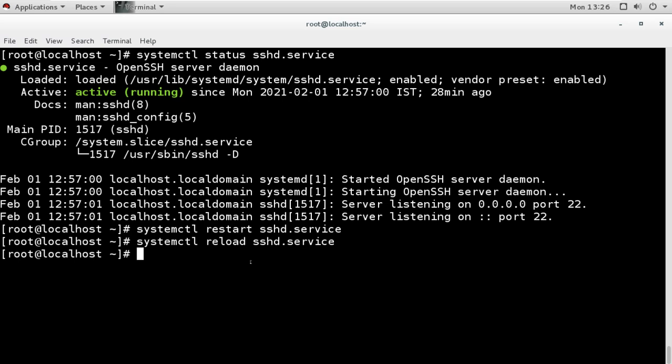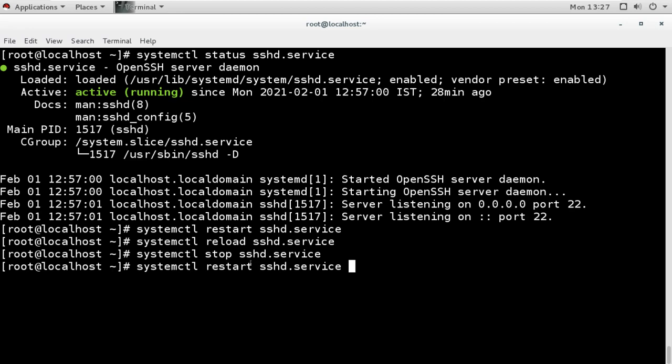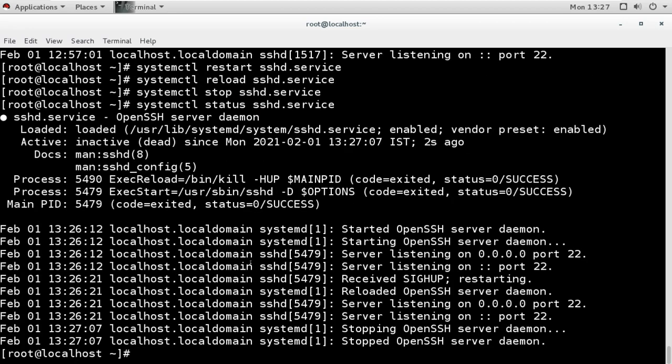You can stop the service, and when you check the status, you can see now it is inactive and dead, but still it is default enable. That means whenever our system reboots, it will start again.